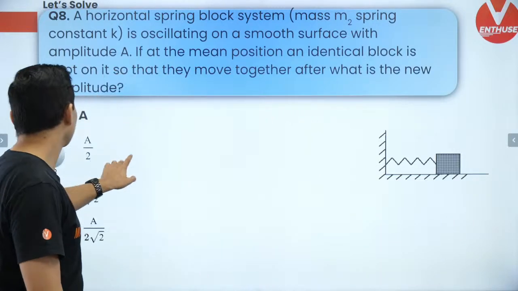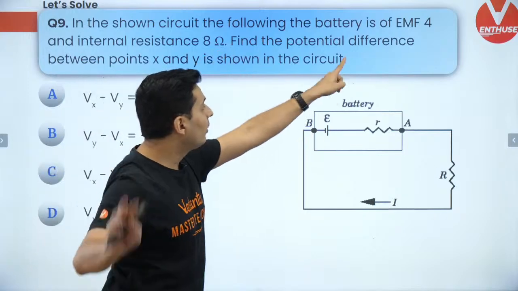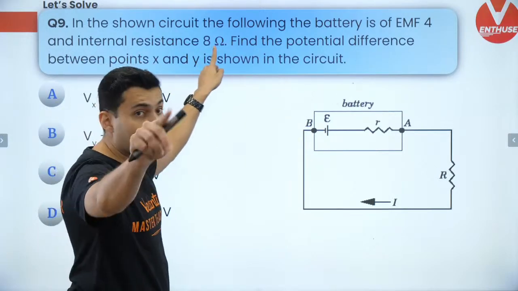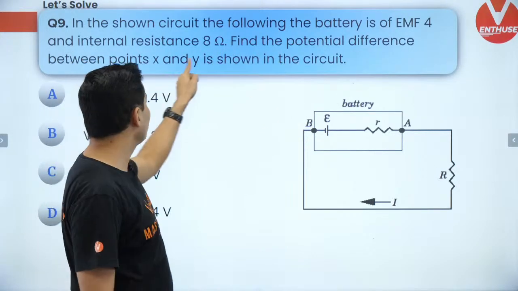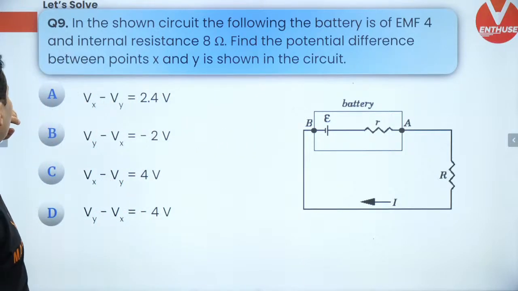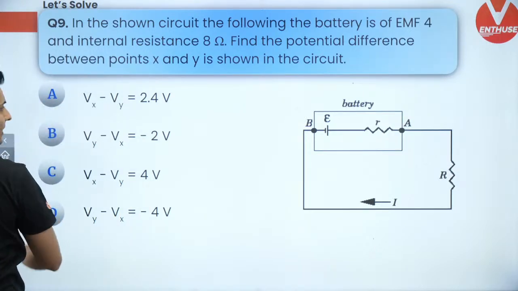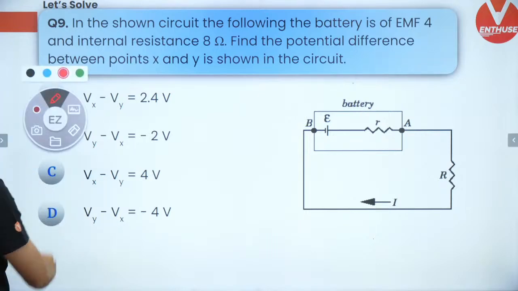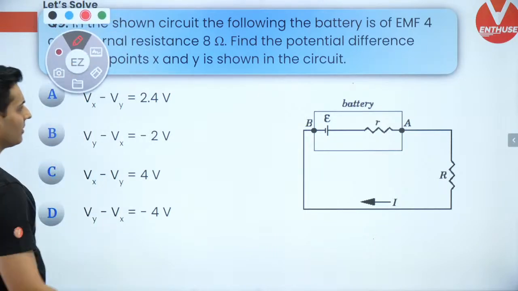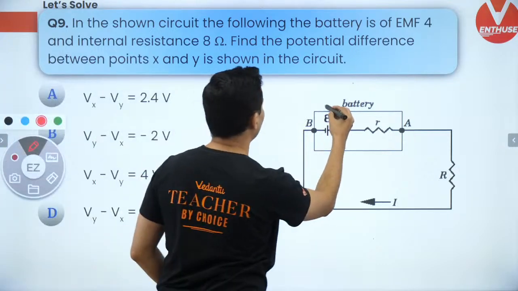Yes, let's do this. Next one. In the shown circuit, there is a battery of 4 volts, internal resistance 8 ohms, and the potential difference between points X and Y is how much? I think there was some external resistance also, if I'm not wrong. Guys, do you remember the value of the external resistance in this particular question? So the battery's EMF is